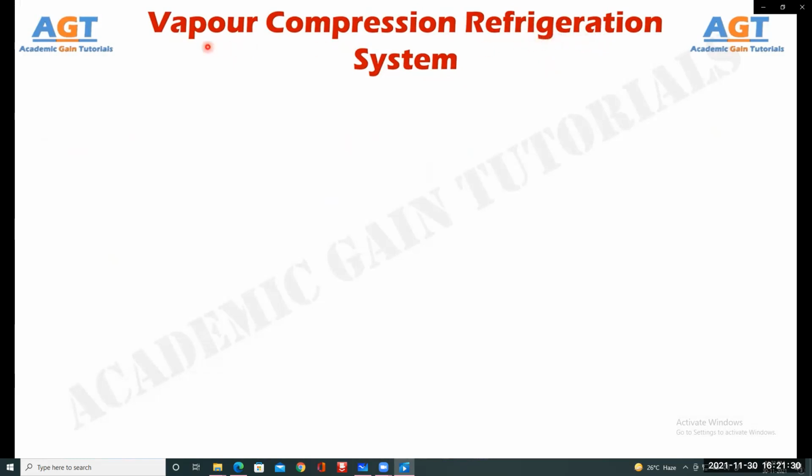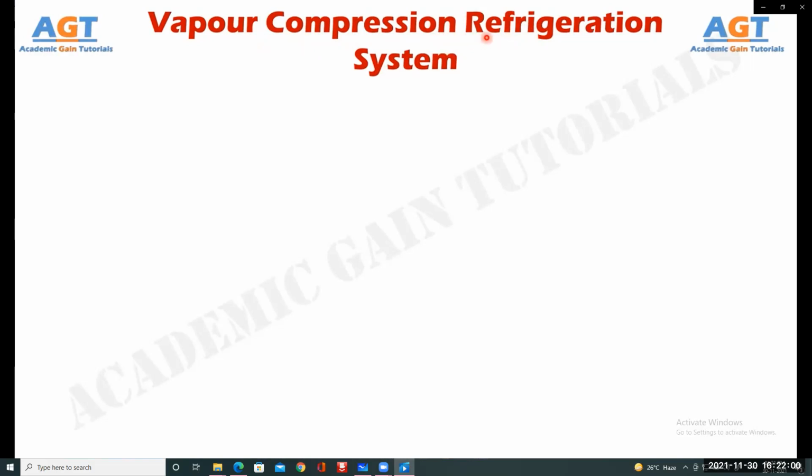Now, from the name vapor compression refrigeration system, we can understand that in this process we will compress a vapor refrigerant inside the system to obtain refrigeration or cooling. If we are going to compress vapor in this system of refrigeration, then obviously we will need a compressor for this job. So, the process of compressing the vapor refrigerant inside the system using a compressor to obtain refrigeration or cooling is called the vapor compression refrigeration system.